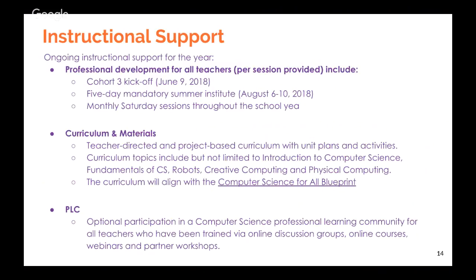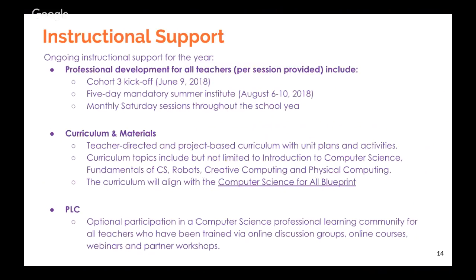But for that first year, there's professional development for all teachers. Substitute coverage is provided and included. What that professional development looks like is that we're looking for a group of core teachers from each school, a minimum of 5, a maximum of 7, 2 in each grade band, and then 1 cluster or coverage teacher,